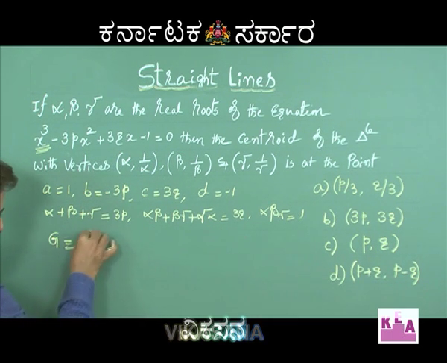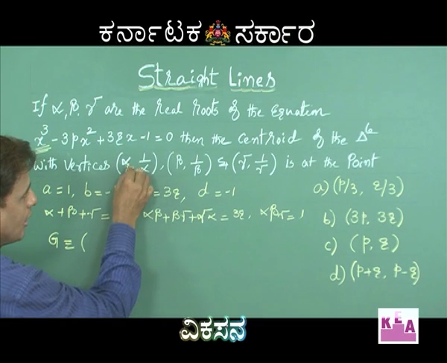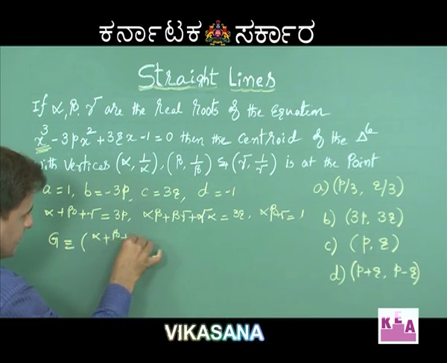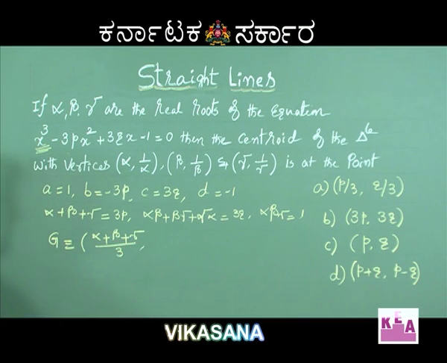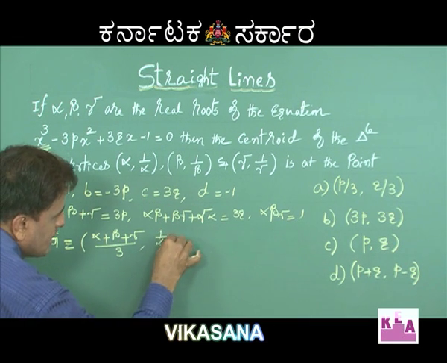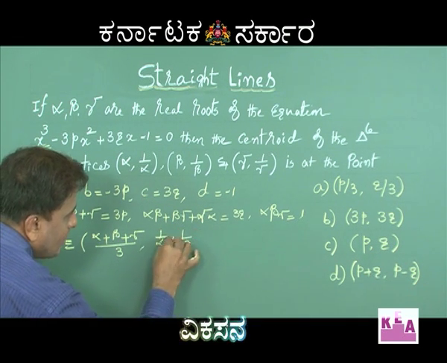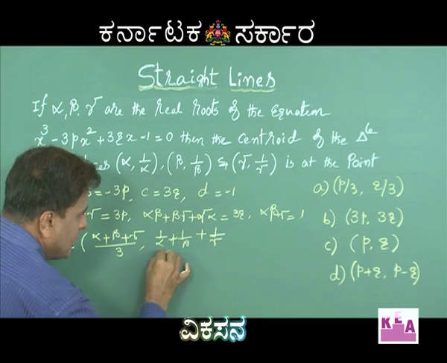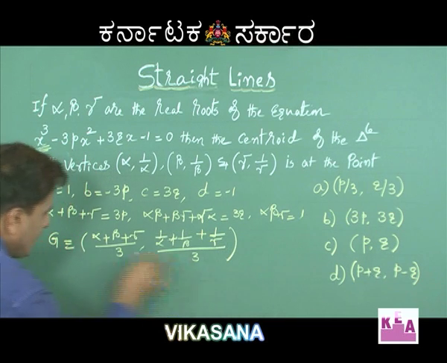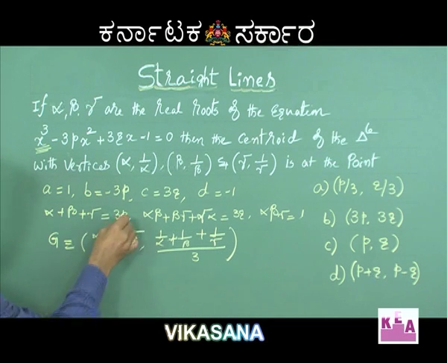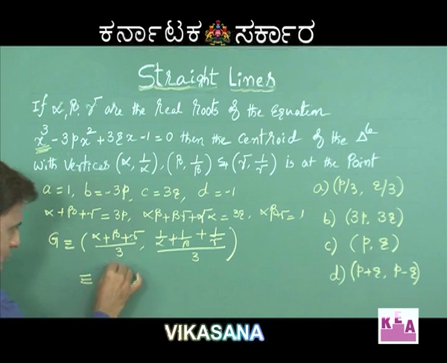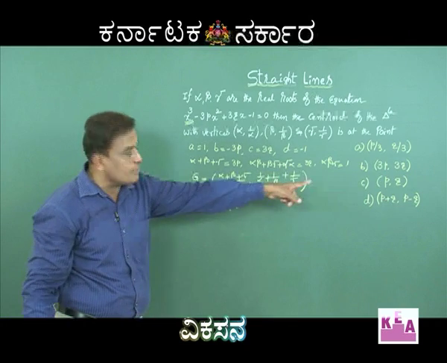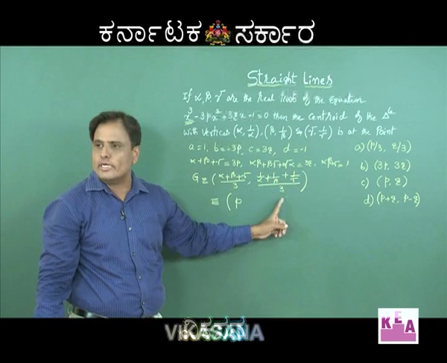Can anybody tell me now, the coordinates of the centroid is the average: alpha plus beta plus gamma divided by 3 comma, next 1 by alpha plus 1 by beta plus 1 by gamma divided by 3. Here alpha plus beta plus gamma is equal to 3p by 3, that means the x coordinate comes p. In the entire options only one p is visible, no need to calculate the second coordinate,